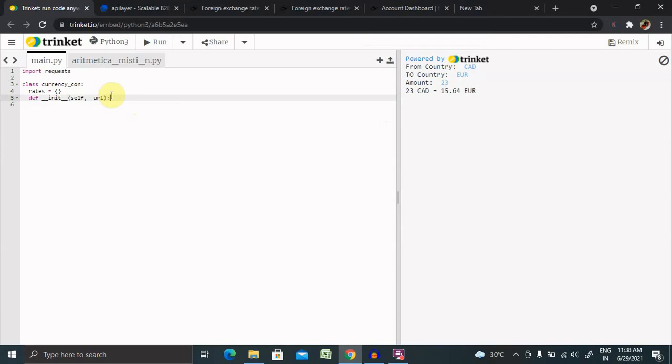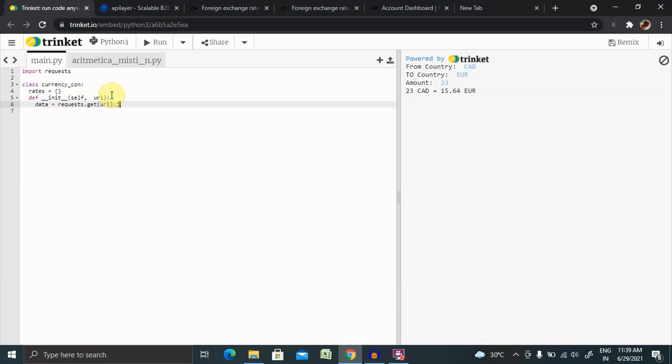Let's enter and define the data. What data we are looking for inside the request, we are going to define here: requests.get and the URL which we have requested, .json.